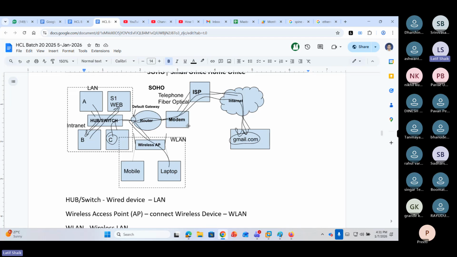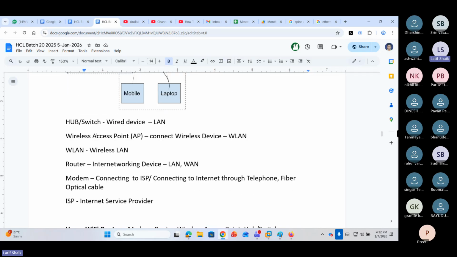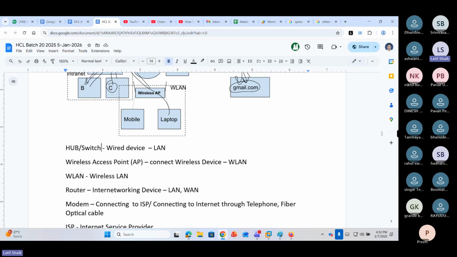From the modem, you should get internet to your devices. How to do it? Here again, simple points. I use a hub or a switch to connect a wide type of devices. Like I have laptops, desktops that need to be connected, so I connect using a hub or a switch device. Then I created a simple LAN network. But I have wireless devices also, like laptops, mobile phones, tablets. To connect wireless devices, I use a wireless access point.